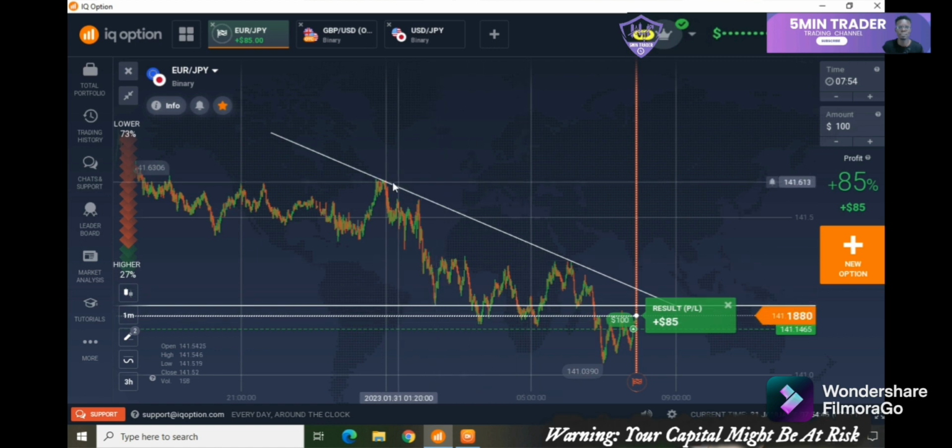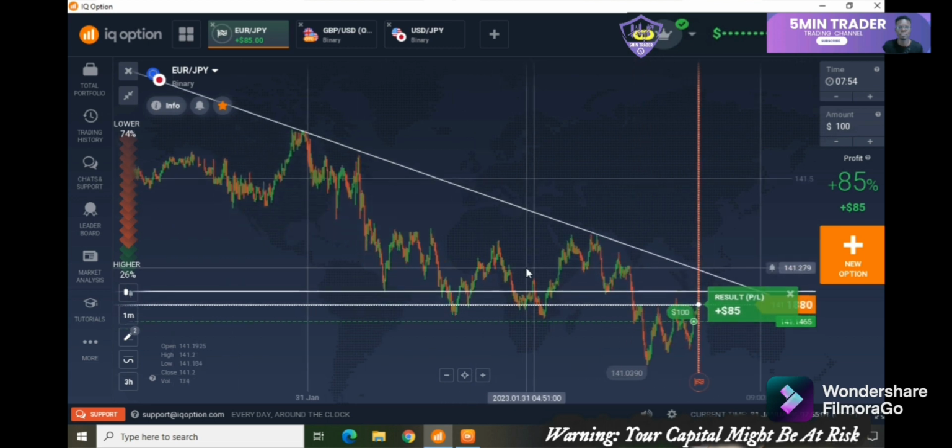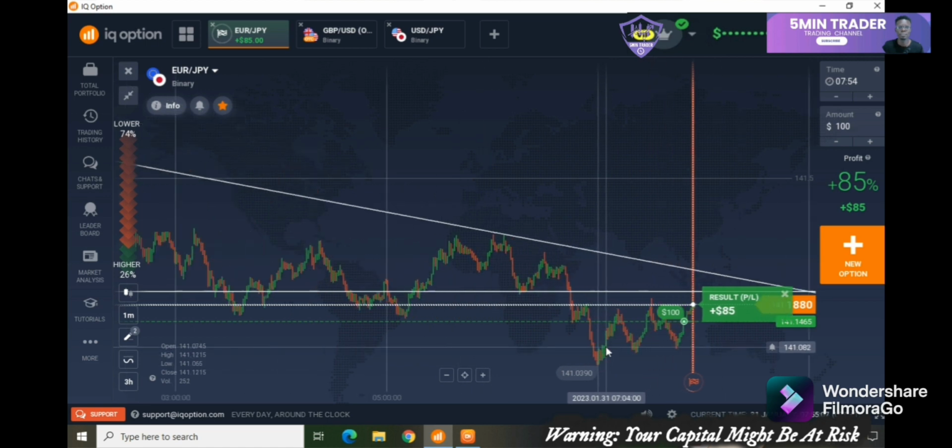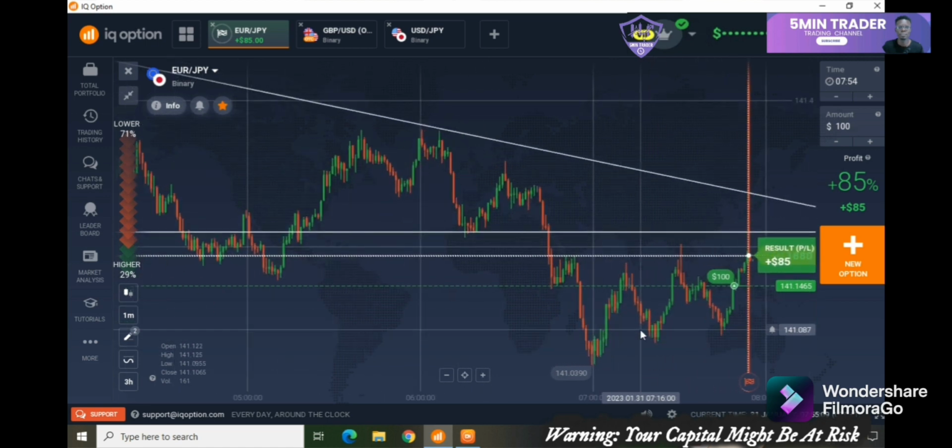And when the market moves, it doesn't move in a straight line. I told you that it will run and then it will retrace. Like you see here, this is a run, this is a retracement, this is a run. It will retrace, it will run, it will retrace. That's how the market moves. So when the market created this new low, it is just natural that the market is going to retrace